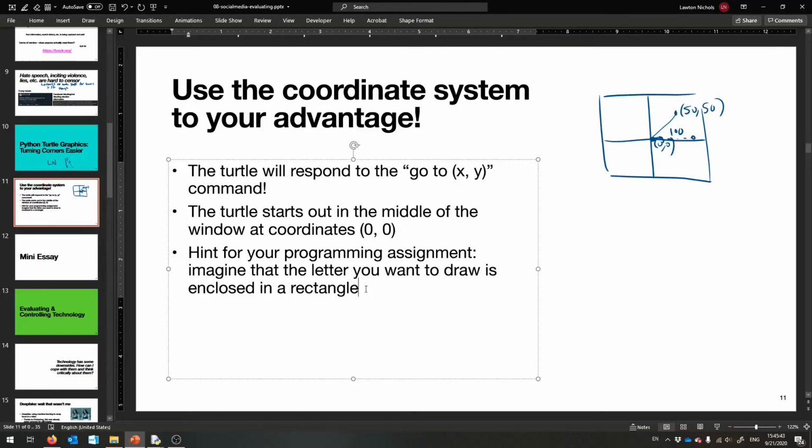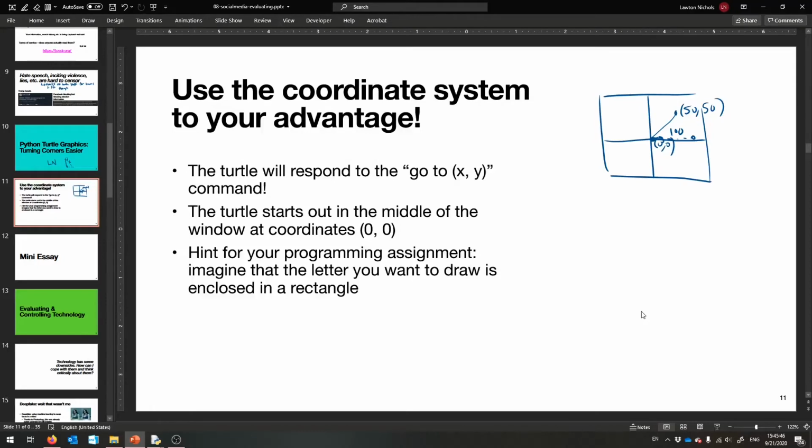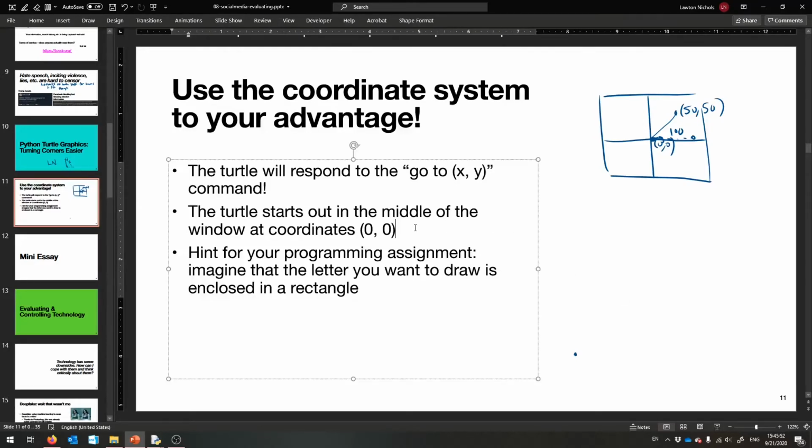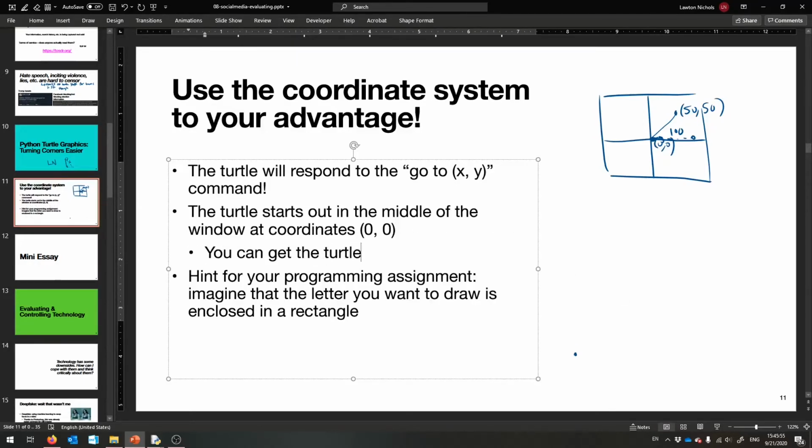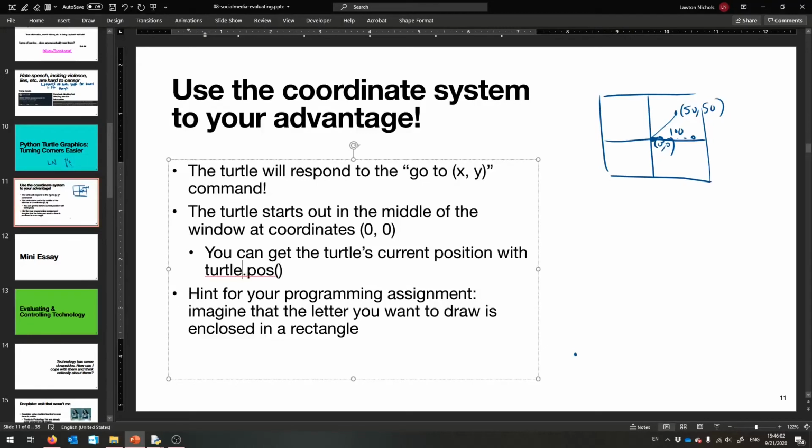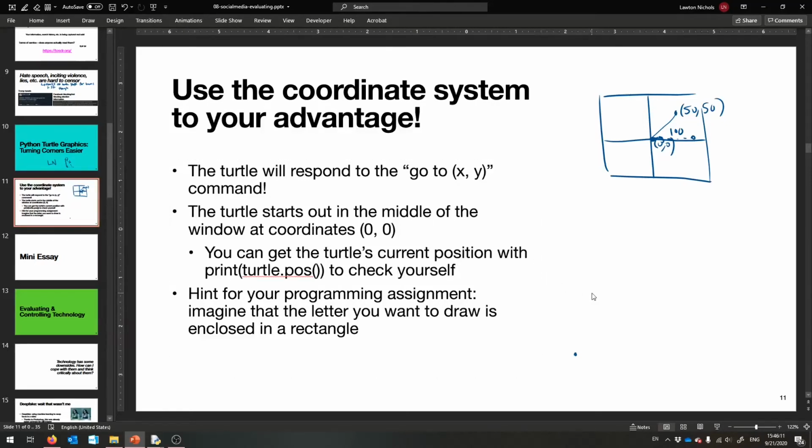So for your programming assignment, here's my hint for you. If you need to draw something like an N, imagine, given the current position that you can get, and you'll need to print that out. Print turtle.position to check yourself. Okay, but the idea is, for your programming assignment, if you need to draw an N or some other cool looking letter that requires some curves and probably some weird angles that you would otherwise have to calculate, like for my N, I want you to instead imagine